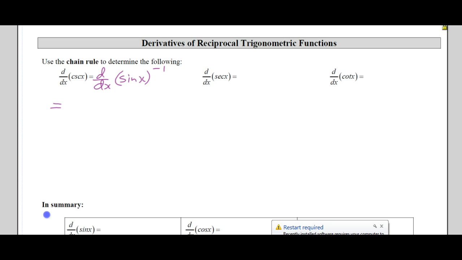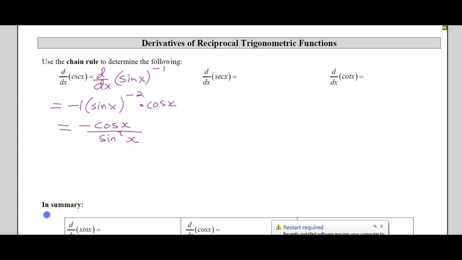Well, negative 1 sine x to the negative 2. Okay, so that's the outer function times the derivative of the inner function, which is cosine of x. Which gives us negative cos x over sine squared x,